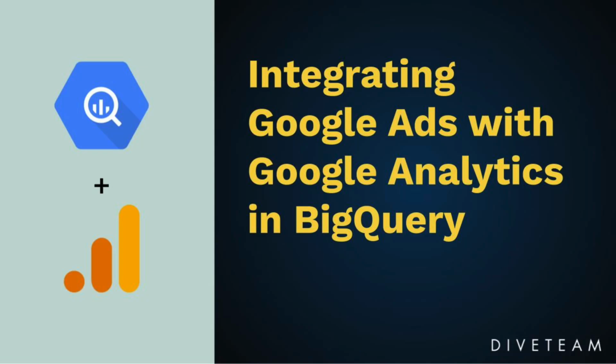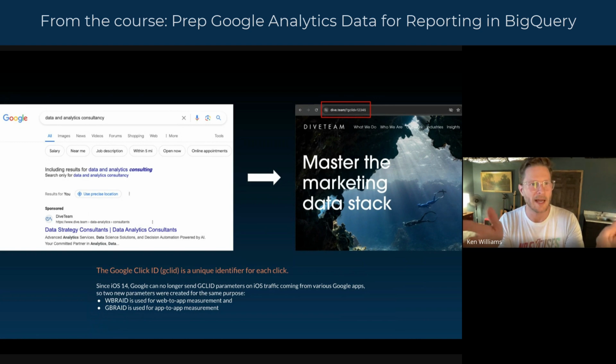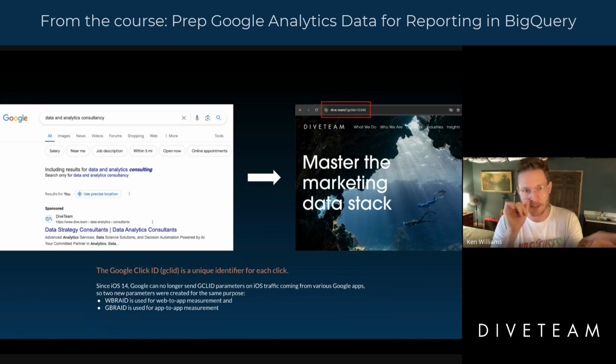This is an example of a search advertisement that has been launched with Google Ads. I type in some keywords and I see sponsored results. When you click on those results and land on the subsequent page, the resolved URL includes a query parameter for the Google click ID. So if this is kind of small, but in this case, it's GCLID equals 1, 2,